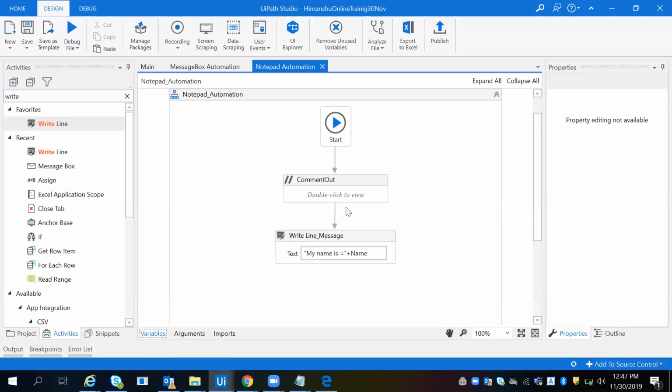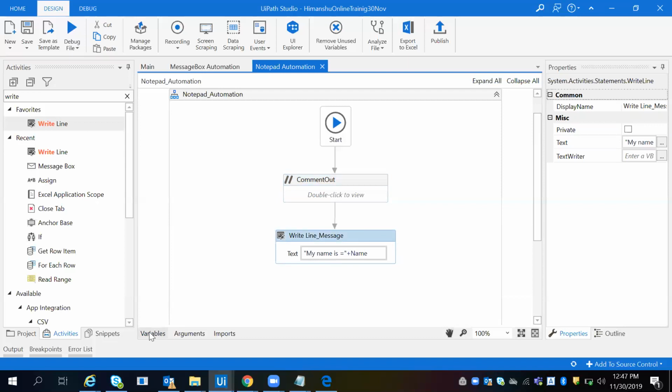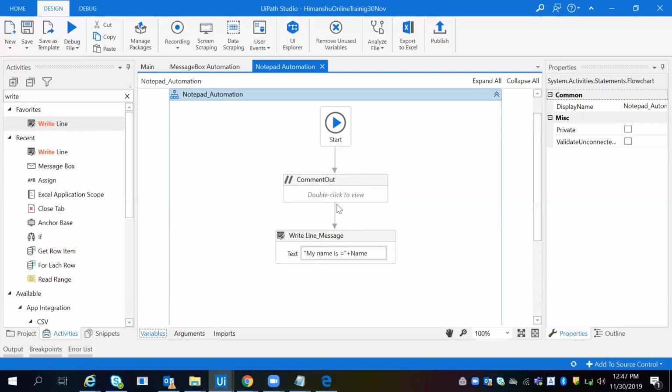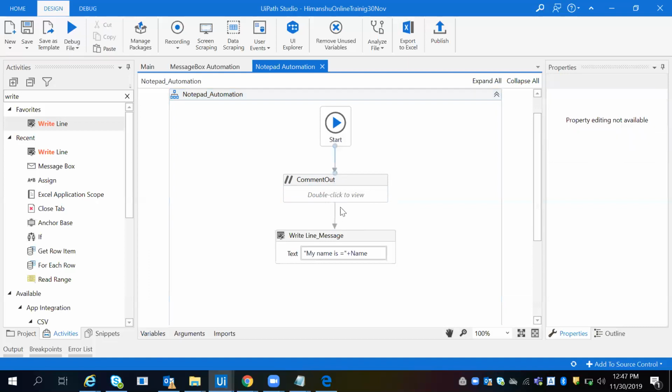Because whatever you have used, click on that variable and you will get all the variable names. Okay, if you click on WriteLine, you will get all the variable names. So if your activity is not selected, sometimes your variable will not show. This is called a branch, this is called a node. Whatever activity is connected, it will automate by default. If your WriteLine is not connected, then it will not do anything.